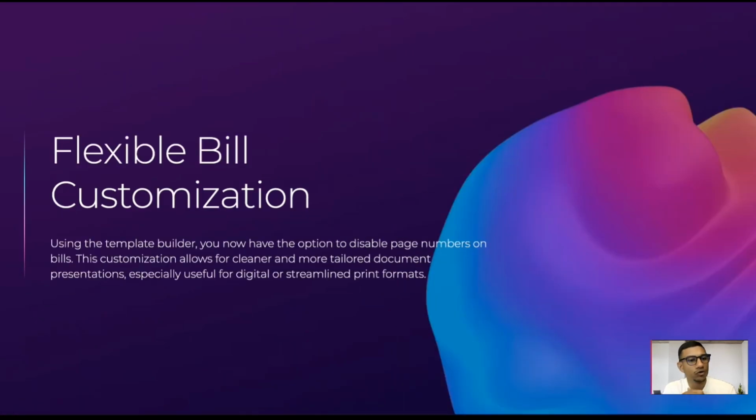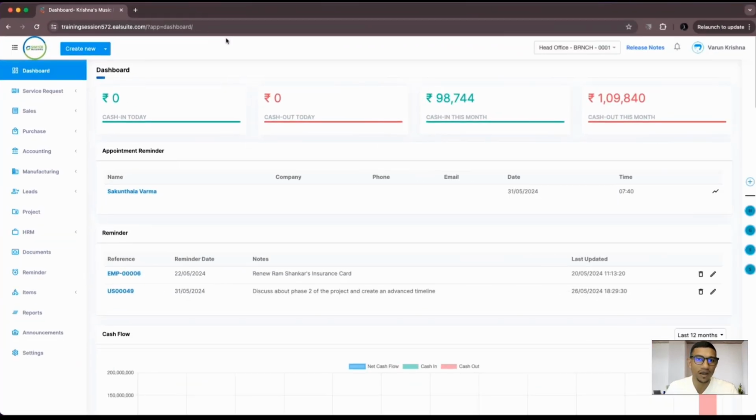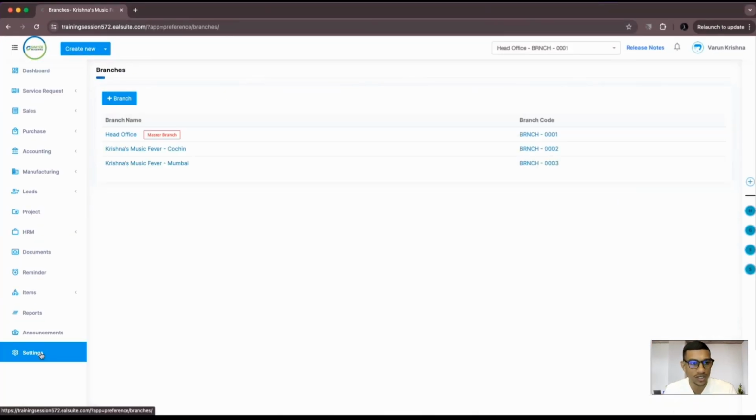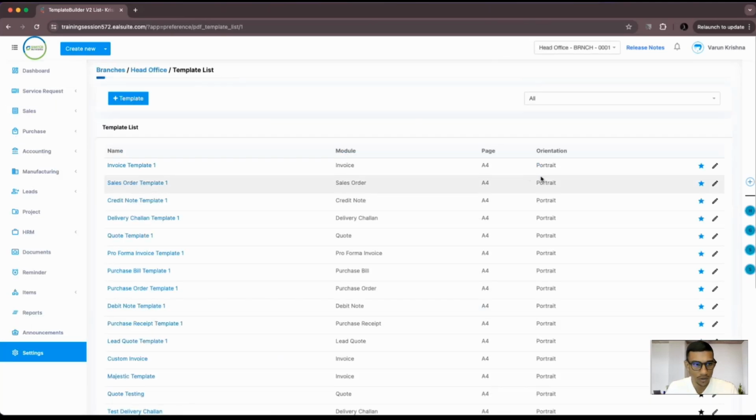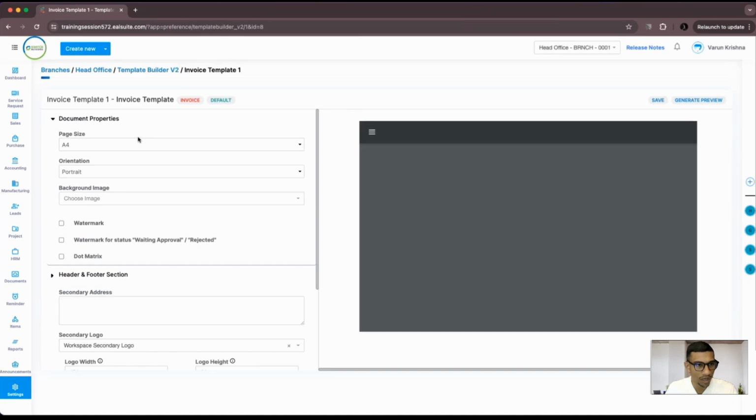Now, this is really crucial. Flexible build customization. So we can use the template builder right now, and we have an option to disable the page numbers on builds. So we get a much cleaner and tailored document presentation. So there are a few things when it comes to template builder V2 that we want to discuss this week. If you go to template builder V2 and select invoice template,